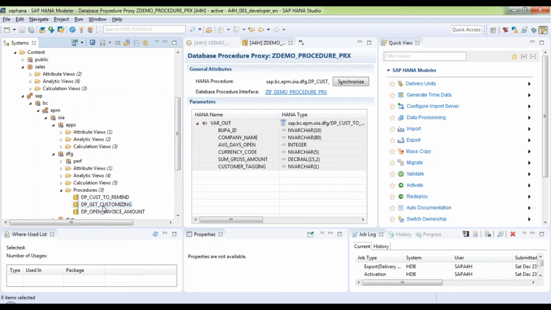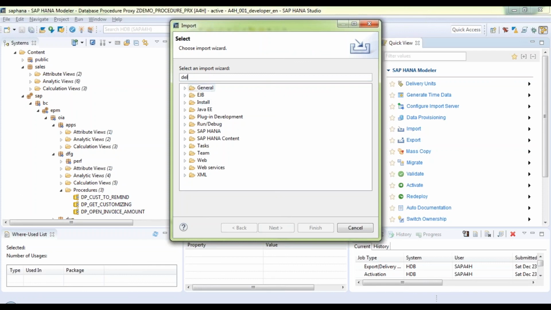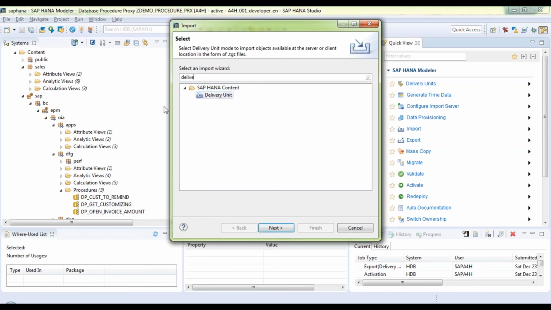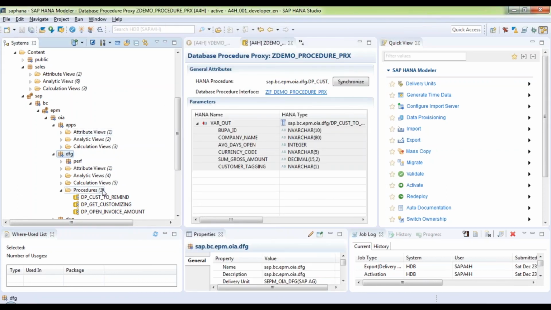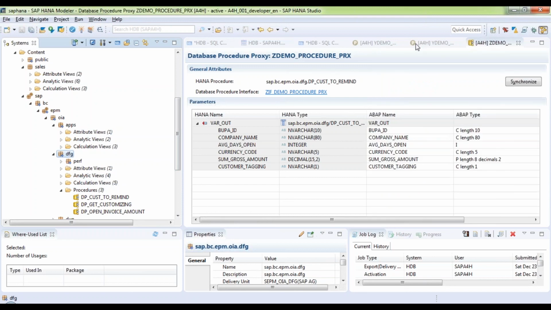server, because I had exported this as a delivery unit from here, and then I did an import in my local HANA server as a delivery unit, and I selected the path. It has loaded the package, and then I can actually go into it and look at what is inside these objects. Very helpful technique, and of course cost saving. Cost saving for me, because otherwise I have to keep the cloud server on throughout the day as and